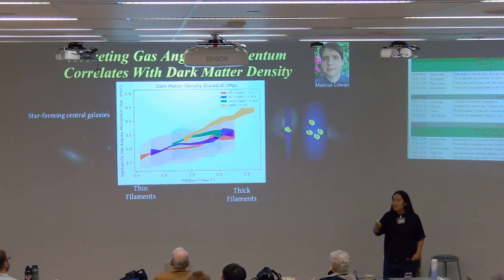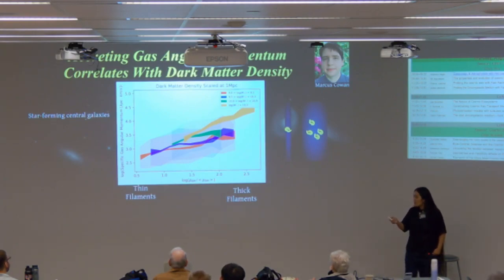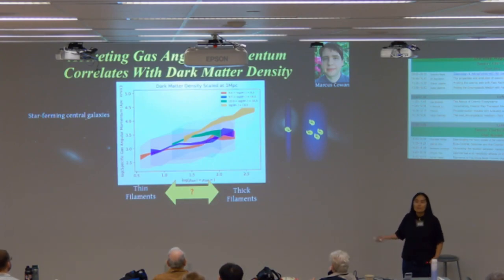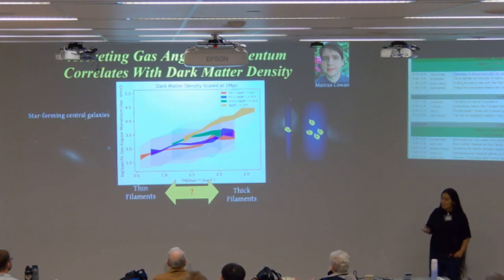So this is good, but we still need to test whether the thickness or thinness of a filament is related to the density of the dark matter. Is it related to the density of the filament? We needed to test that explicitly, so we went ahead and did that